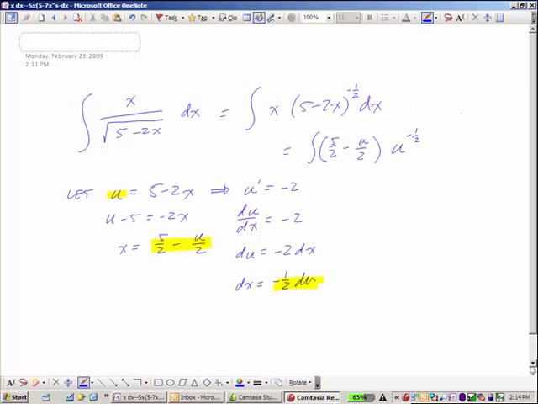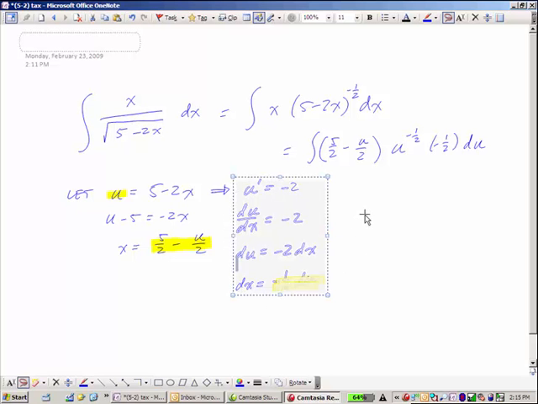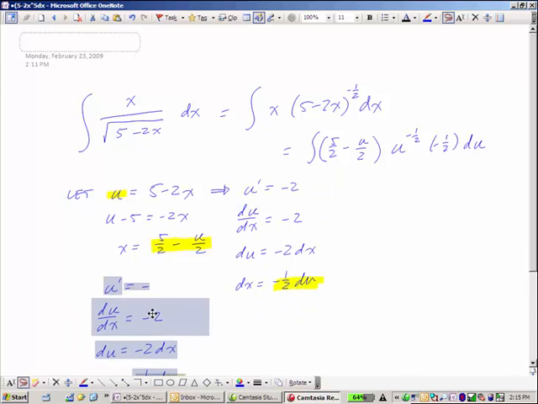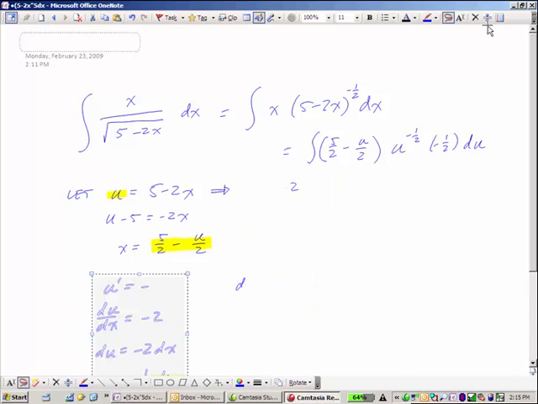Instead of dx, I write negative 1/2 du. Alright, it's a little messy, but I think all I need to do is